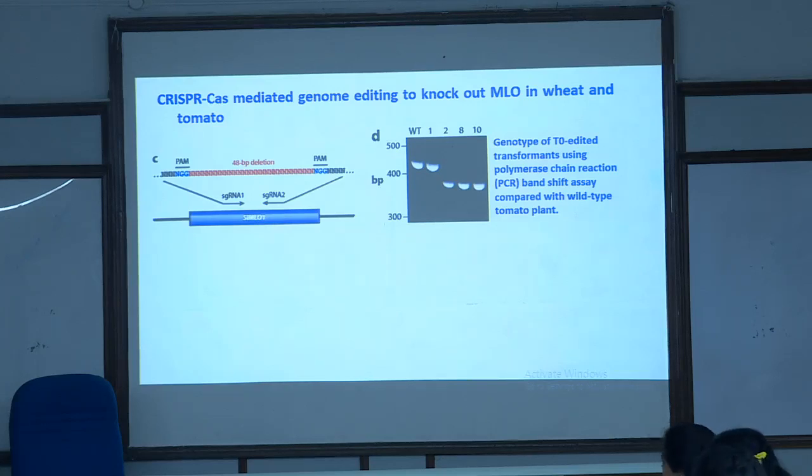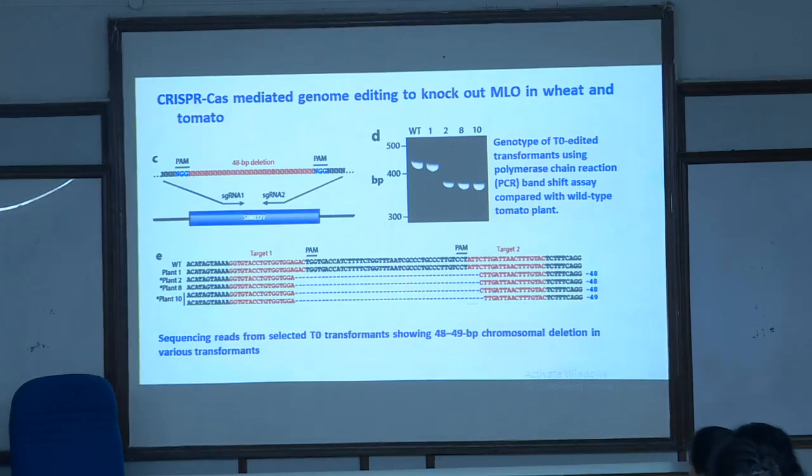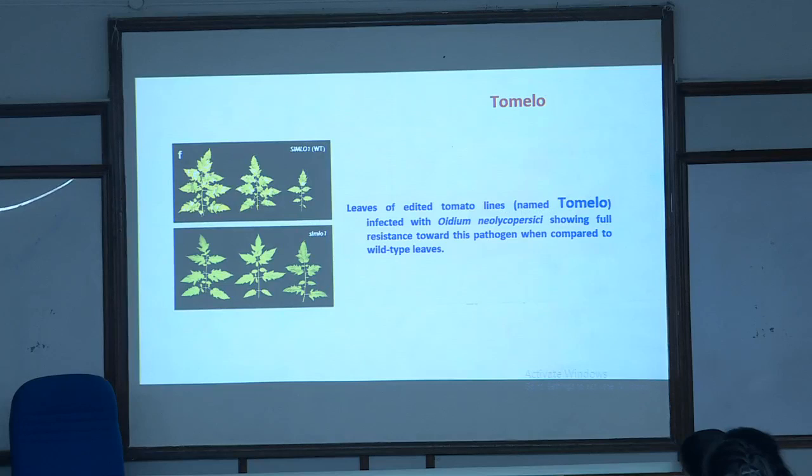They have edited this MLO loci, and they have confirmed it through a number of approaches. They have sequenced it, and they found around a 48 to 49 base pair chromosomal deletion in this MLO loci that gave a complete resistance to powdery mildew. That's what is highlighted here, and they named this particular variety Tomelo. Tomelo is an edited tomato line which gives a complete resistance to powdery mildews. Okay, they have edited the MLO loci, right? The leaves of the edited tomato line infected with Oidium neolycopersici show full resistance towards this pathogen when compared to